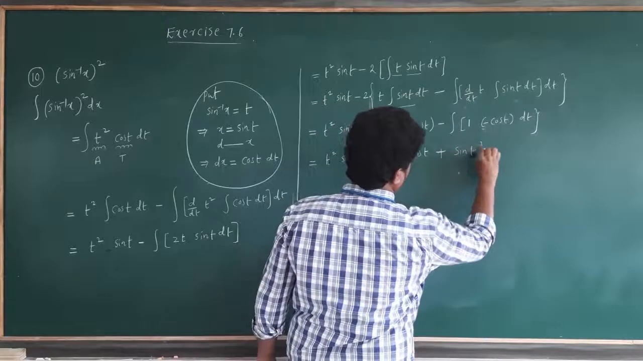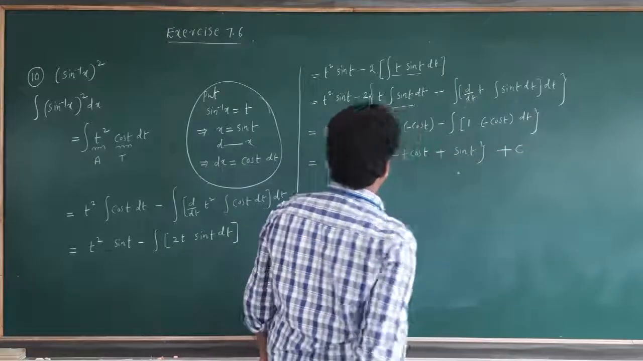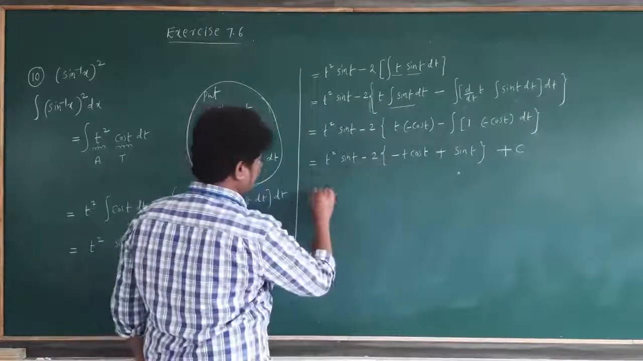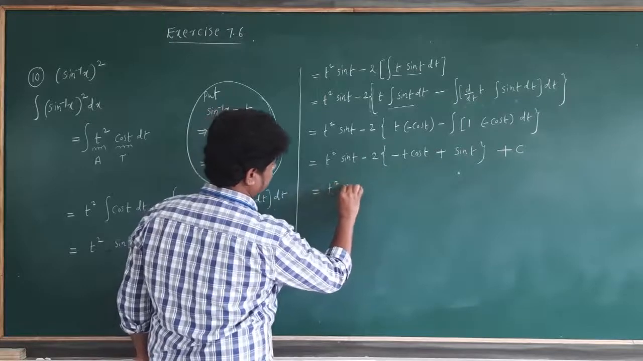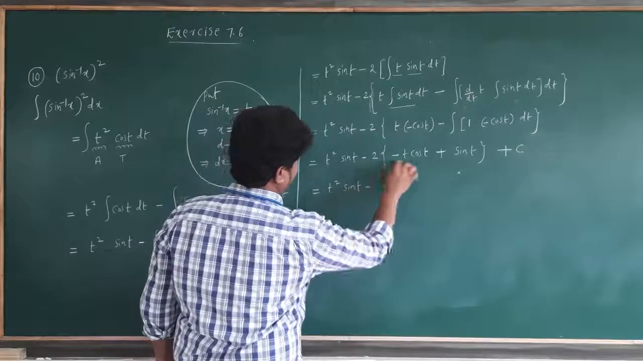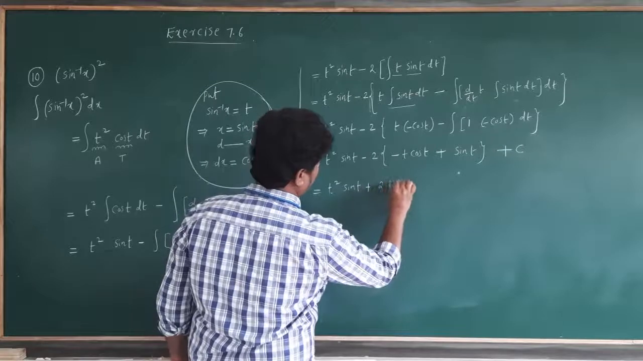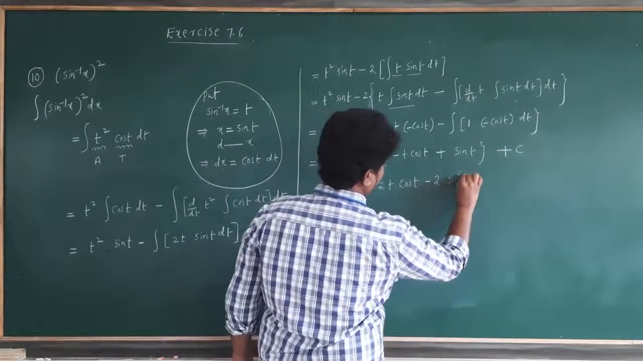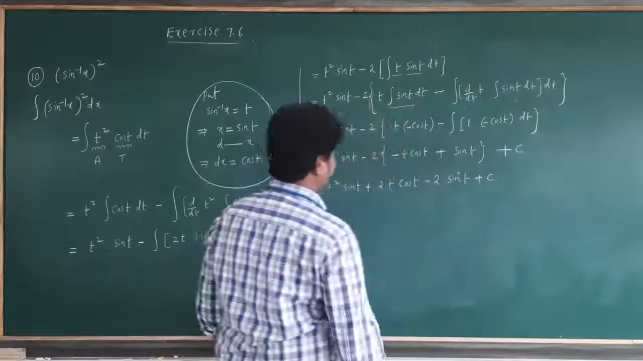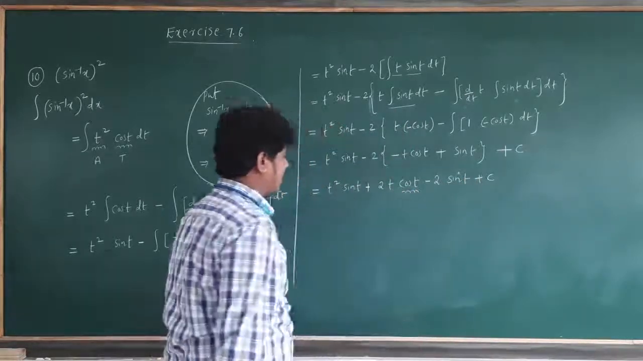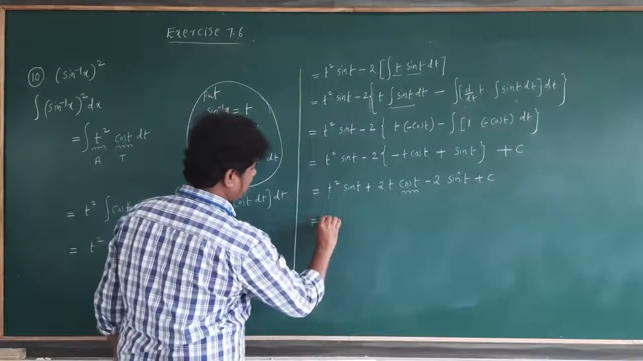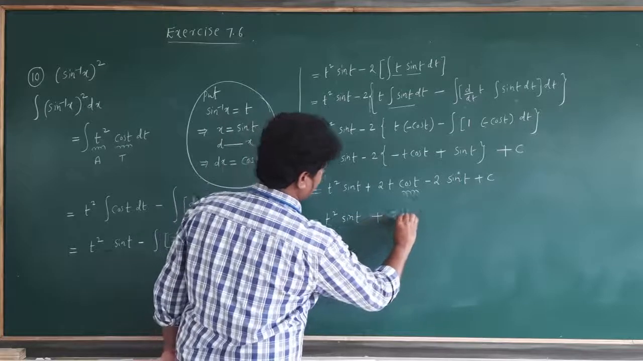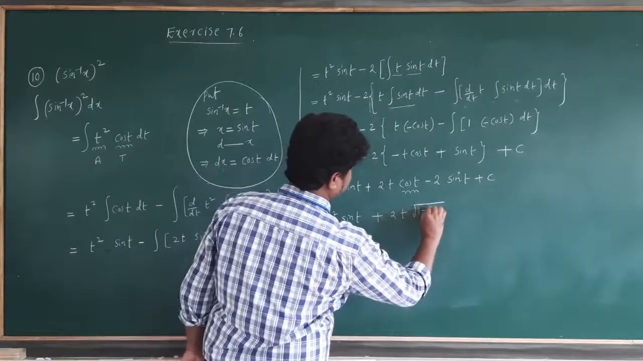Sin t, you should take plus c. Why? Because there are no integrals now, so you must take it plus c. Just multiply this quantity: t square sin t minus into minus plus 2t cos t minus 2 sin t plus c. Here, first convert this cos t in terms of sin. Now it equals t square sin t plus 2t root over 1 minus sin square t